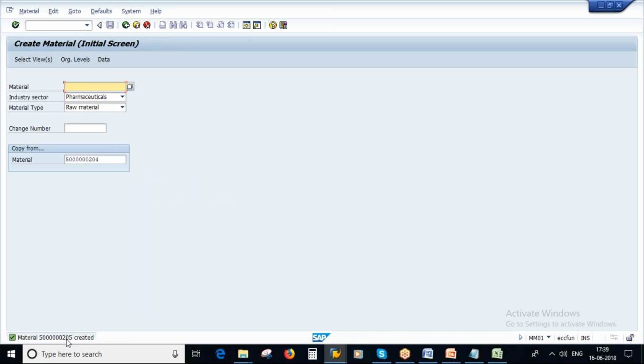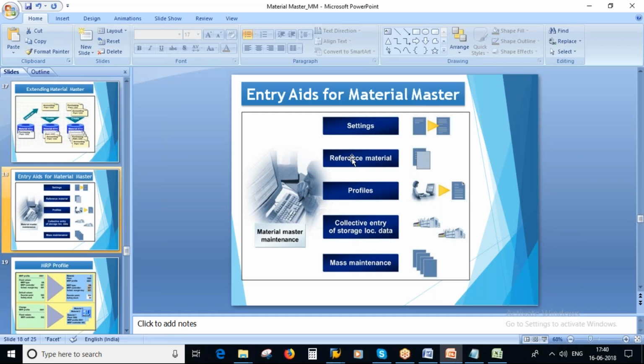So now the new material got created. Are you able to see? This is the material. Okay, so this is called reference material. Now the next one is